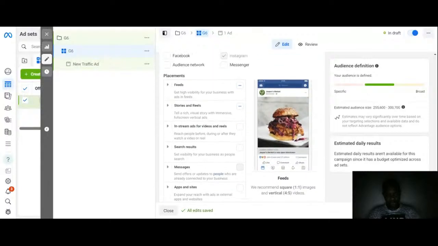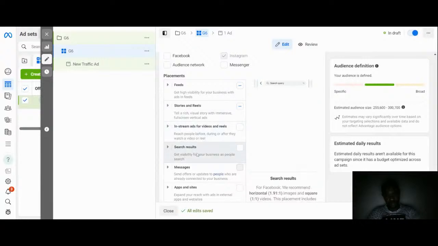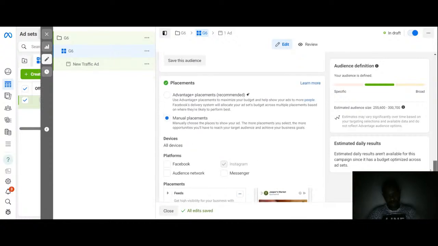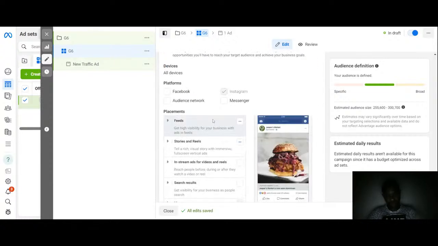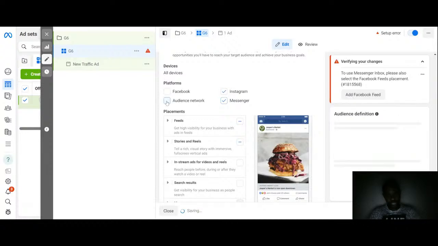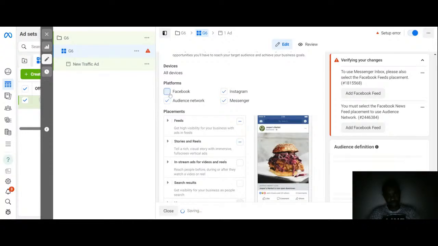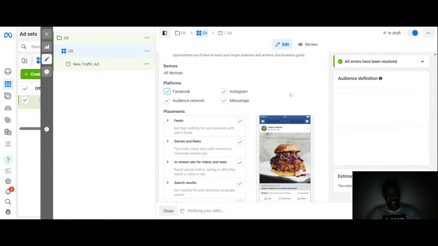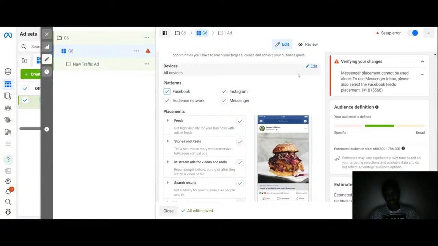Can you see we have Instagram? We have Instagram feeds, Instagram stories and reels. Once you put your mouse on them, you see how it will come up. We have Instagram videos and search results, right? But if you want your adverts to show on every placement, you don't need to come here. And of course, if you do manual placement, you can also decide